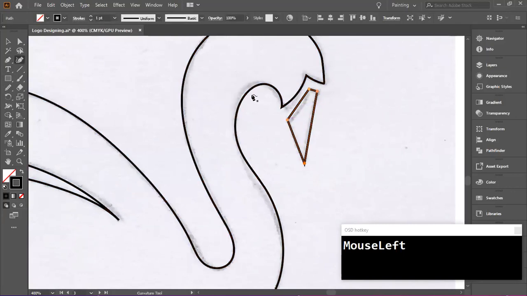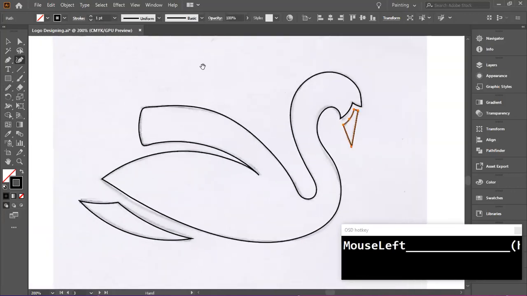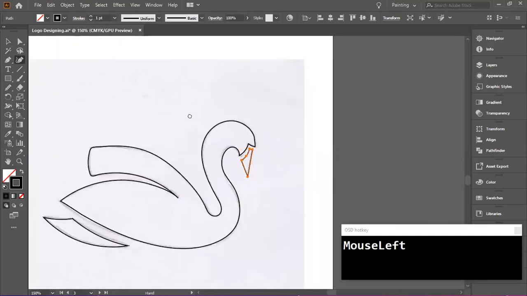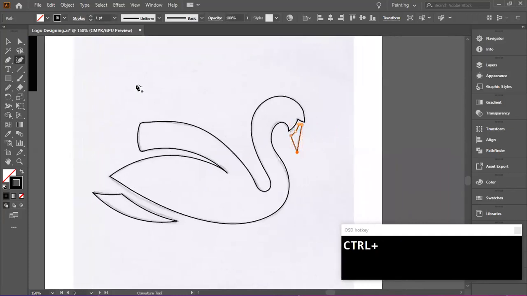Then go to the curvature tool, click and drag. Okay, so that was all about the pen tool right now. So this is quite done right now. Now we are left with the coloring thing. So for that,